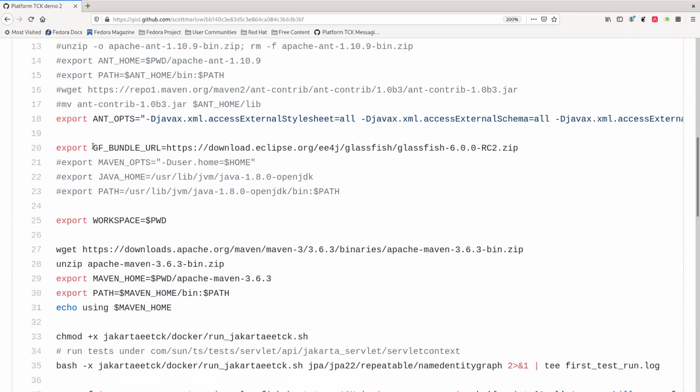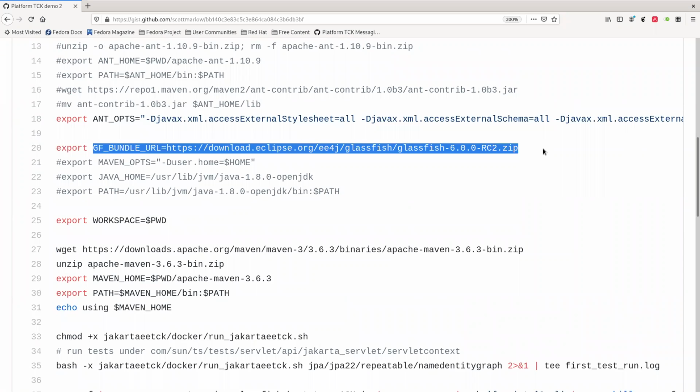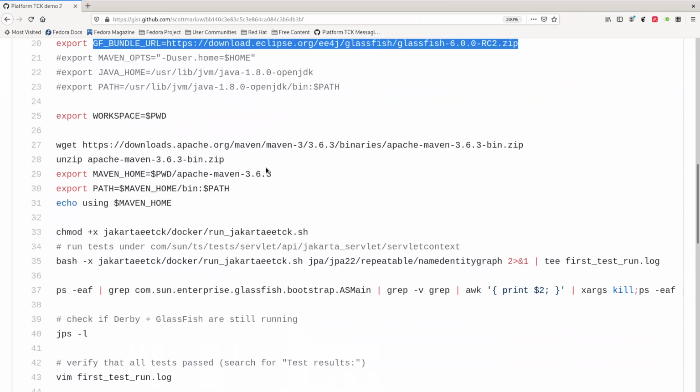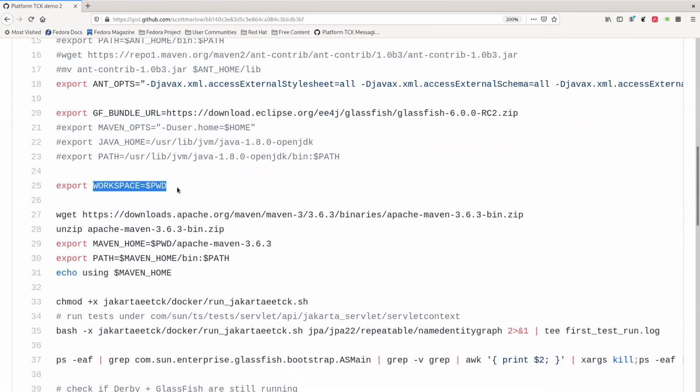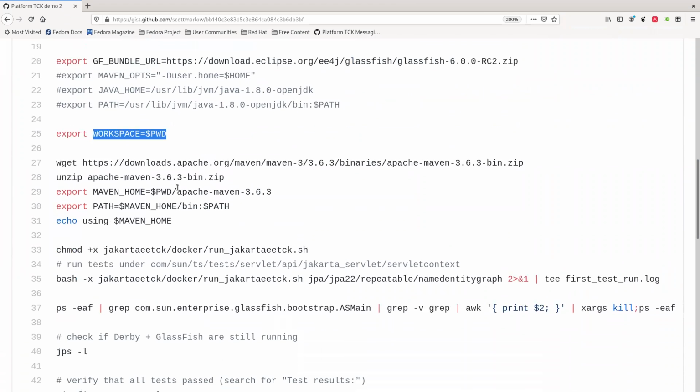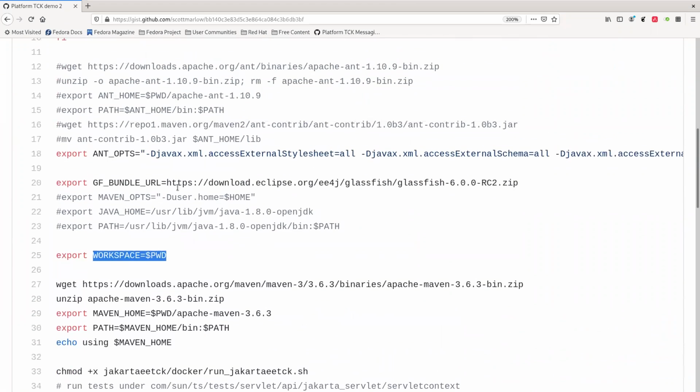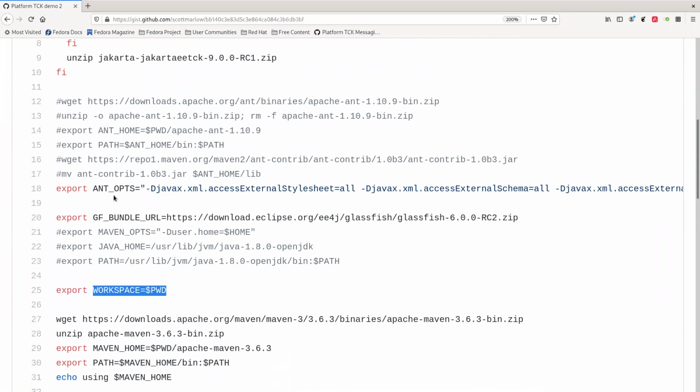One thing we didn't optimize out, it's kind of in the TCK script already, is the downloading of GlassFish. We're specifying RC2 for this demo, and kind of simulating a Jenkins environment using workspace. I think the script may even look for workspace, so I set workspace to my current working folder, and I'm just going to copy and paste